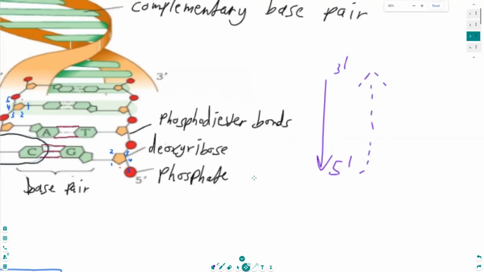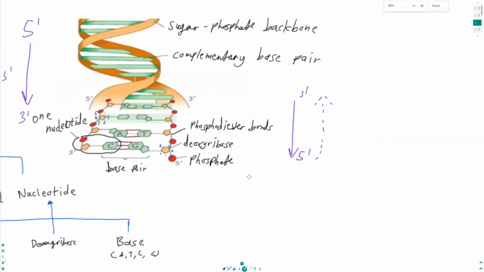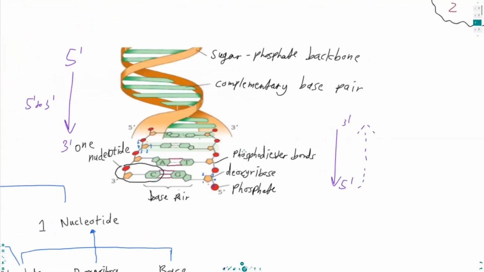If I zoom out, we can see it's actually going in the other direction. So this way is 5 prime to 3 prime for this strand, but this way is 5 prime to 3 prime for this strand. So to denote them going in the same direction, when they're actually going in opposite directions,